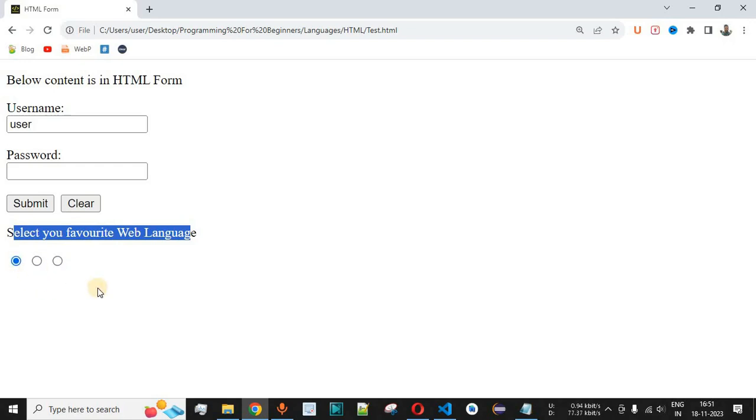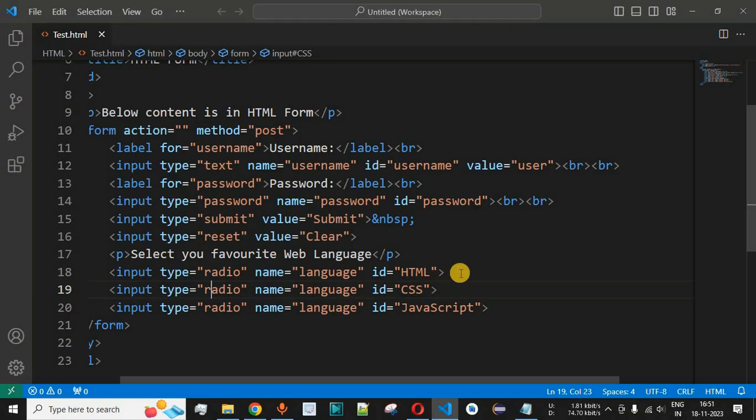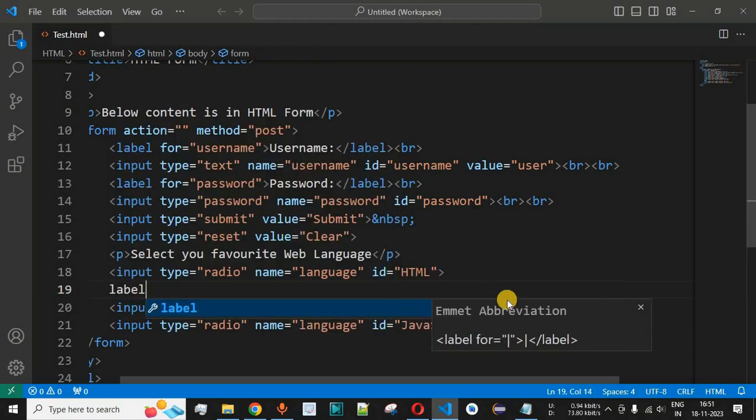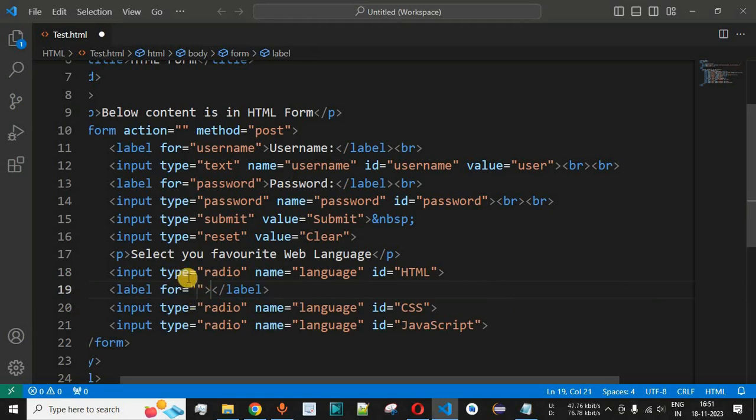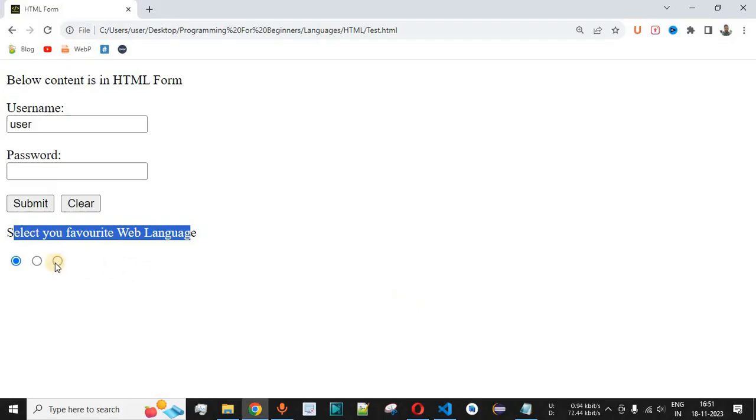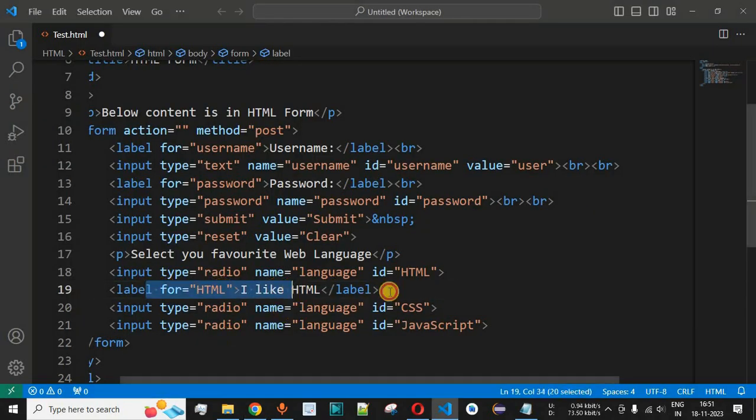So what we can do is we can provide the labels to these radio buttons. So after the first radio button over here, we need to provide the label tag in this case, and over here in the for attribute we can provide the ID of this HTML radio button. So I'll copy this ID and paste this over here, and then we can say I like HTML. So guys, this is the label that will be defined just besides the radio button, that is the first radio button. And then guys, we want the second radio button to come on the next line. So what we can do is after this label we can have the line break tag over here. So we can have the BR tag in this case, and then once again we will be having the label for the CSS and JavaScript as well.